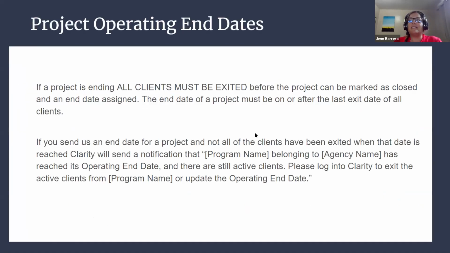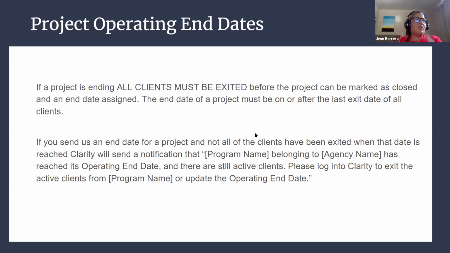Sorry, I skipped the last one. Okay, now this is the second piece of exit. In our old implementation, you could have a project operating date that was set, and you could deactivate a program, but the exits for the clients of that program could actually be after the project stopped operating, after the operating end date.